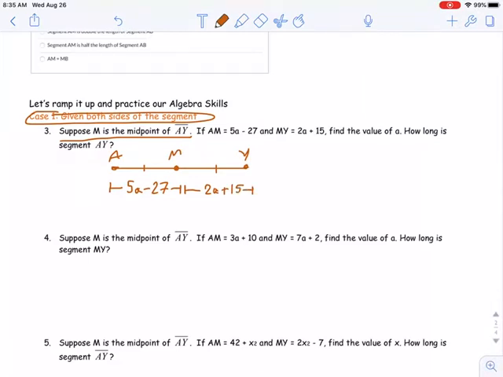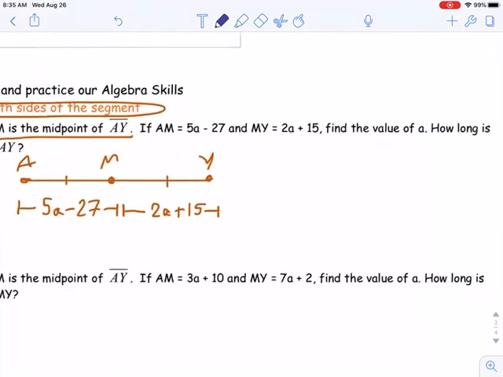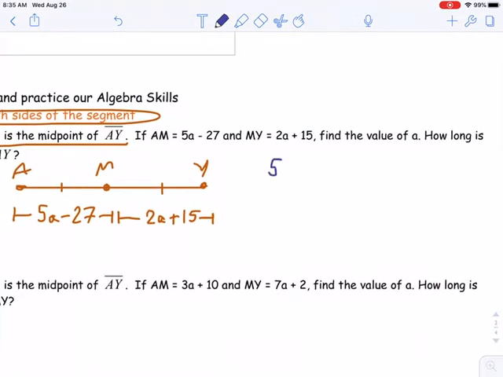All right, so we're given both halves. Now, believe it or not, the left half equals the right half. They're congruent segments. So the equation I'm going to set up is 5A minus 27 equals 2A plus 15. All right, so that's a huge punchline to me. Sometimes the hardest part is just setting up the equation, because from then on, it's just a matter of